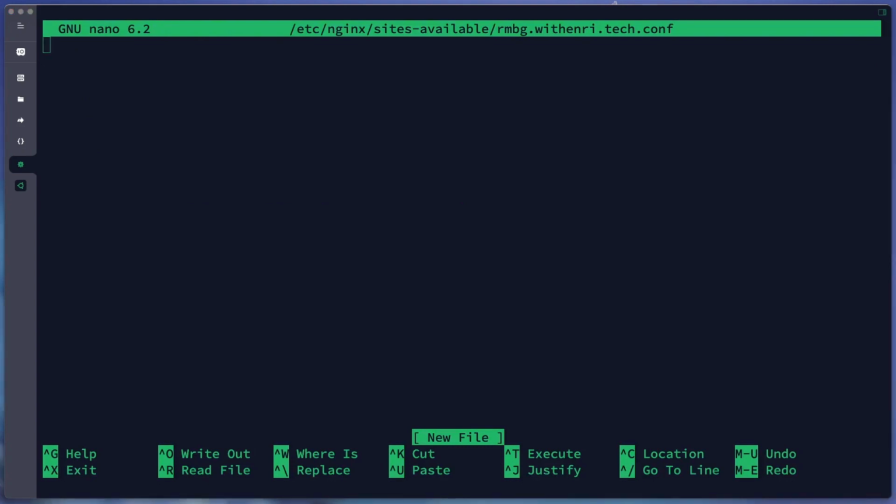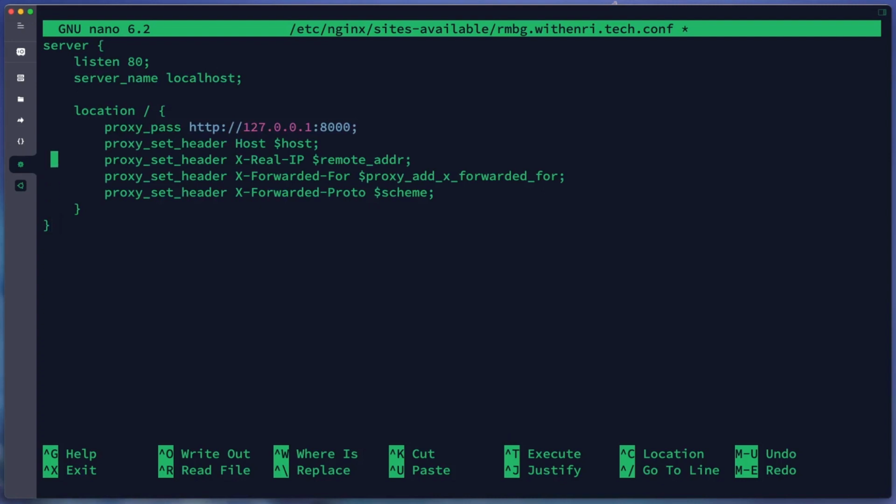I just copy the server block like here. We use listen on port 80. Server name is our domain or subdomain, and we'll pass to the private IP or local IP of our Docker container.